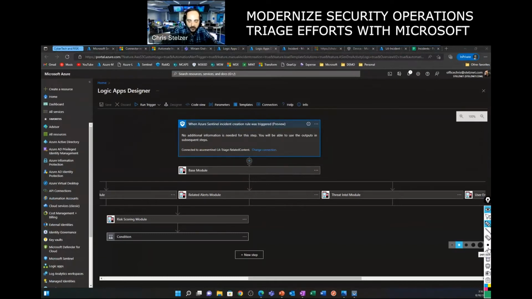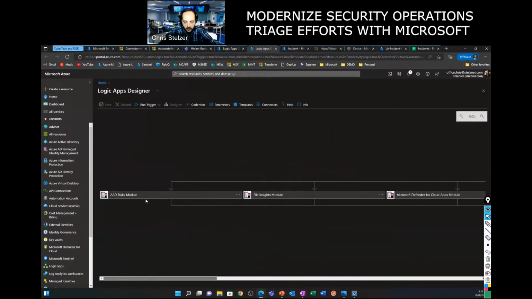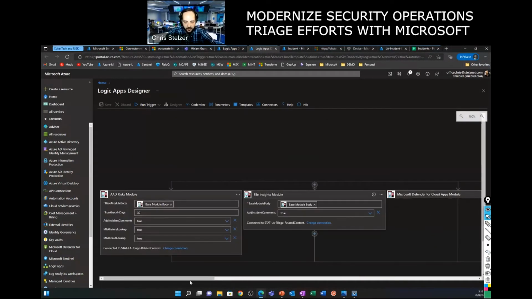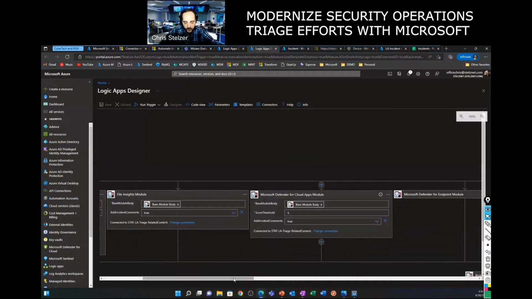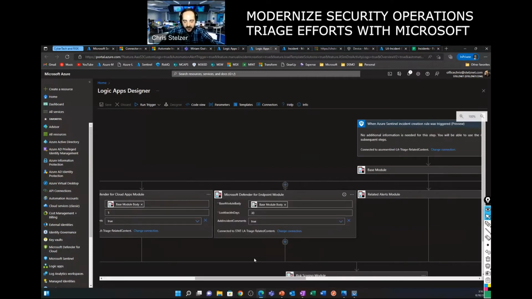The base module gathers some initial triage data: what is the incident, and what are some core data about the entities. Then all of these other really cool custom modules that are built in can be deployed very quickly and very easily. The way they're designed is what we call custom connectors. You can drop these in your own playbooks wherever you want. They're really reusable, really modular, which is the goal of any playbook in SOAR operation.